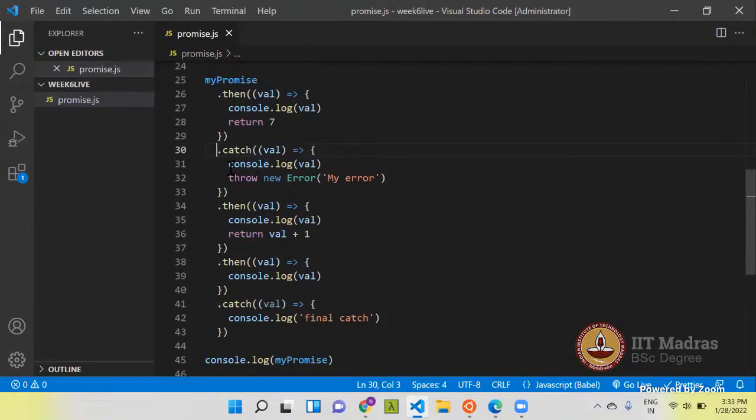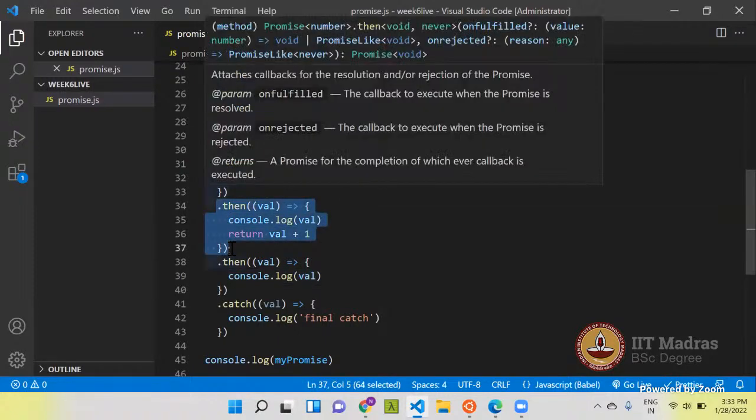You can do whatever you want inside this, and at the end, you just throw an error so that this rejection doesn't get resolved. Otherwise, if you return something, or even if you don't return anything, it will resolve with undefined.